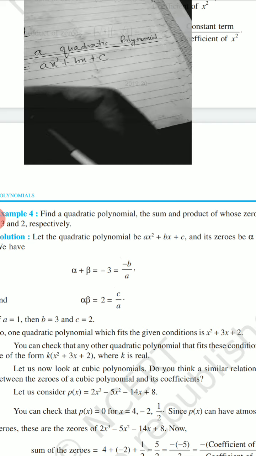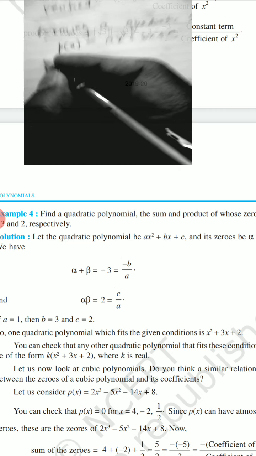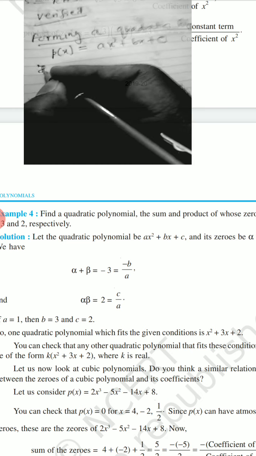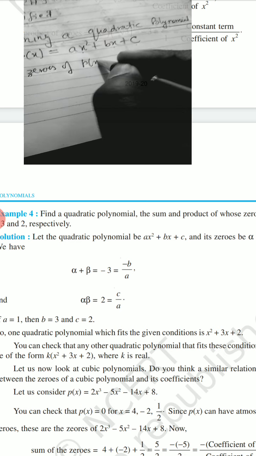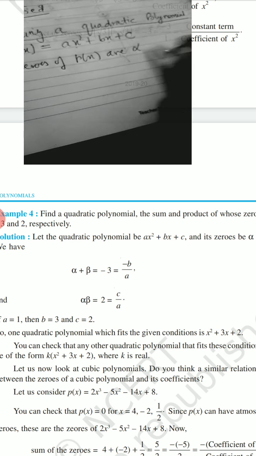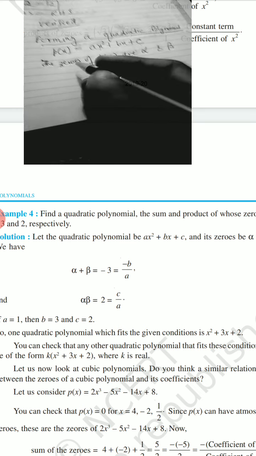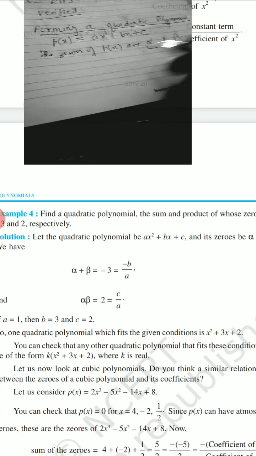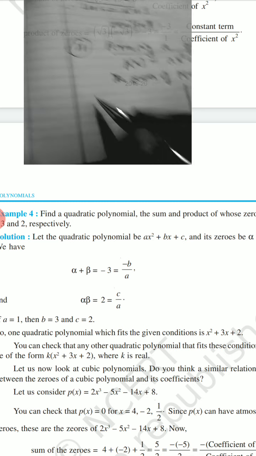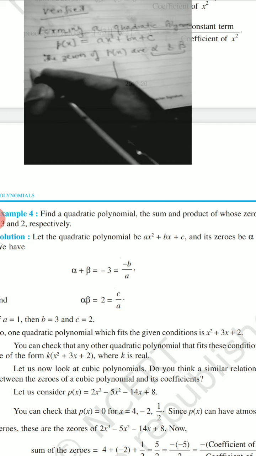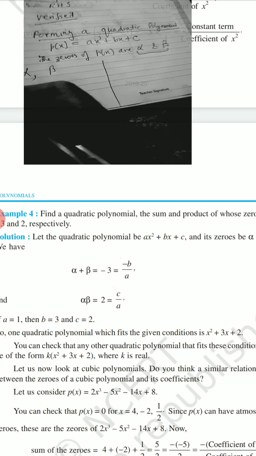So now how do we form a quadratic polynomial? Suppose the zeros of this polynomial p(x) are alpha and beta. So now if alpha and beta are the zeros, and these zeros are given as first zero is alpha and second zero is beta. So then the quadratic polynomial,